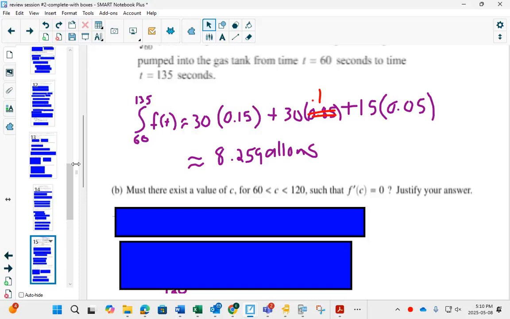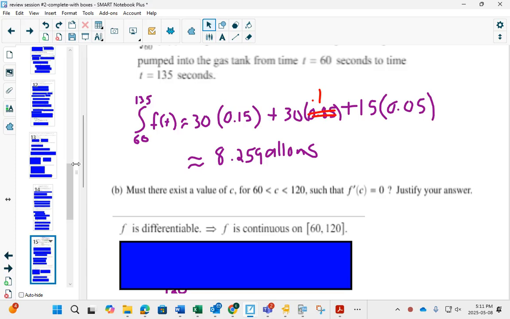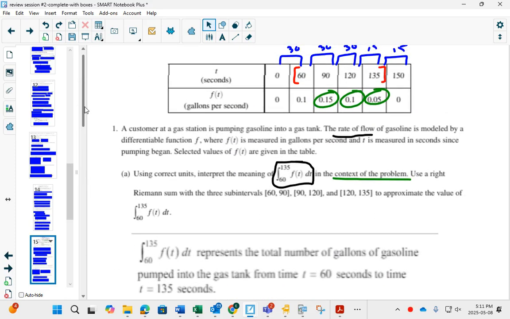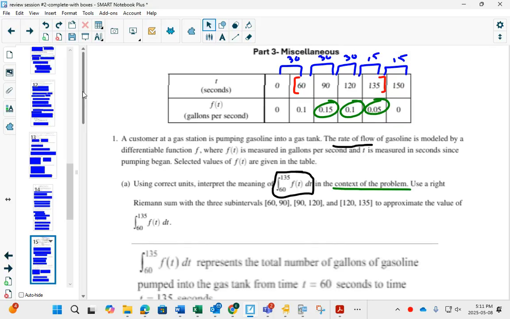And sometimes you might think the wrong one initially. When we were working on one before, we tried mean value theorem and realized afterwards it wasn't mean value theorem. Okay? This is an important concept. The question, okay, says right here,